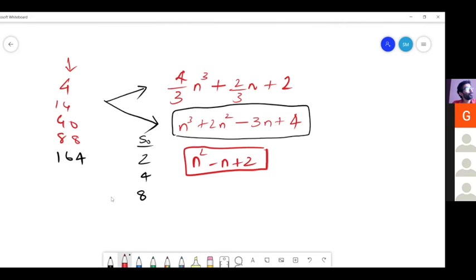Couldn't you have chosen it as 4th power or 5th power or 6th power? For this sequence 4, 14, 40, 88, 164, can't we find a 5th degree polynomial that will fit this? A 5th degree polynomial, you are saying? I don't think that is possible, because the moment the zero difference is reached in the fourth difference itself. The fourth difference for this particular sequence is actually 0.